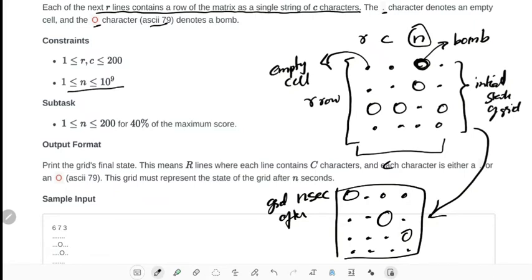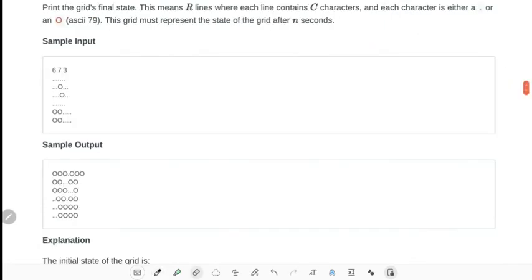Let us see one sample example. Okay, here the initial configuration is given like this: dot dot dot O dot dot dot.